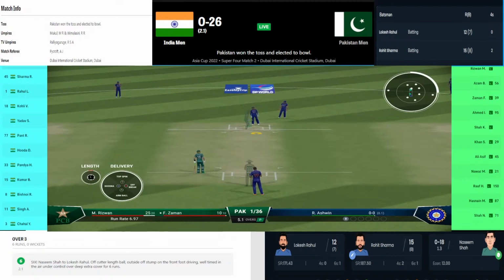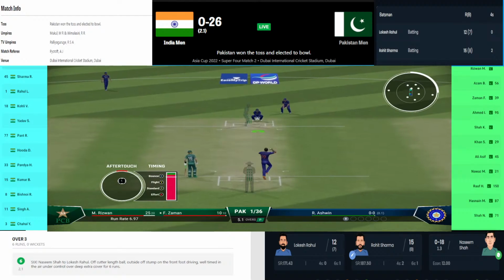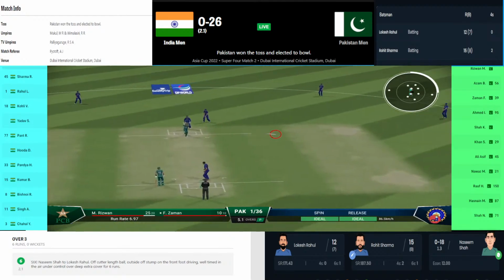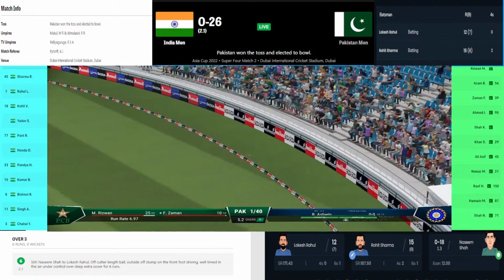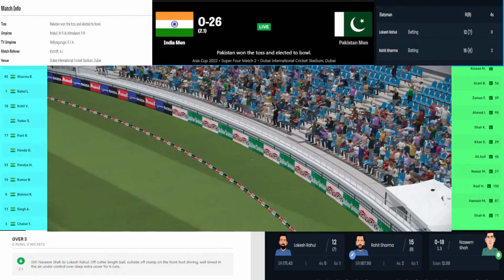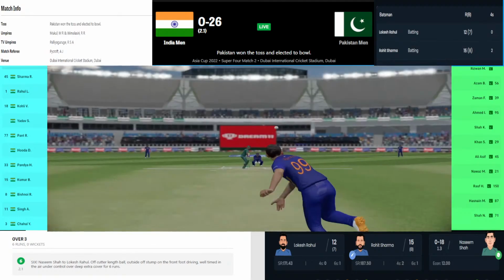That has been a wonderful piece of batting from both the openers of India. KL Rahul, on the one hand, has scored 11 off just 6 balls, and Rohit Sharma, on the other hand, has scored 15 off just 7 deliveries. So it's a decent start given by both the Indian openers. Now let's see what happens next.